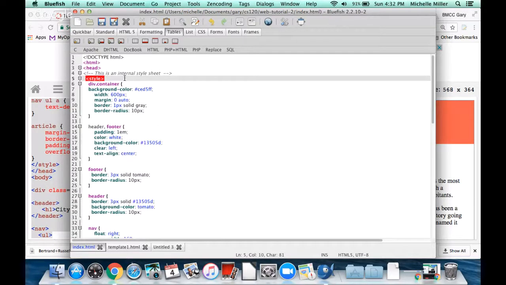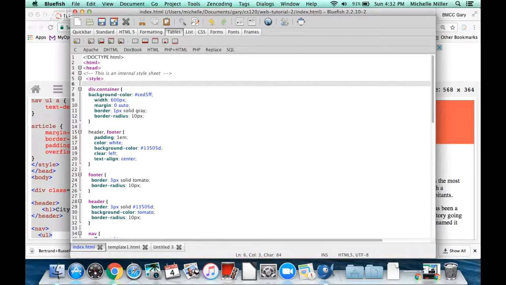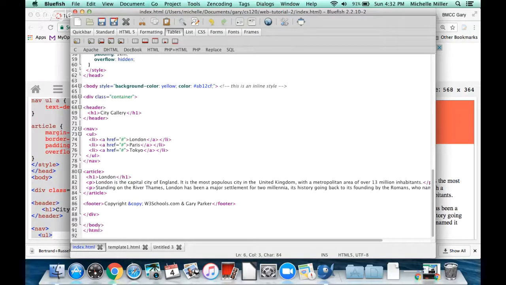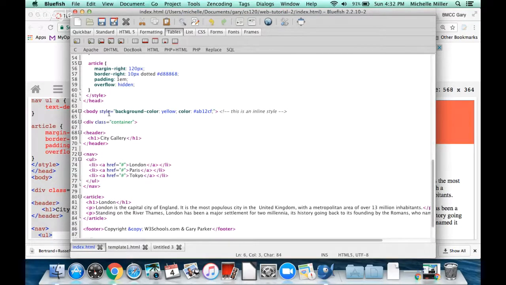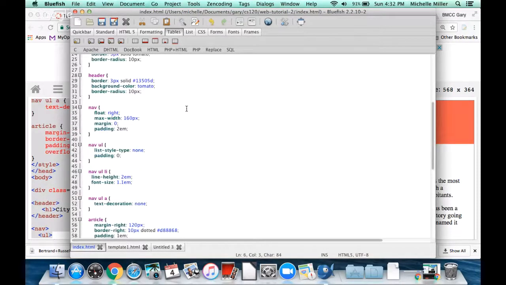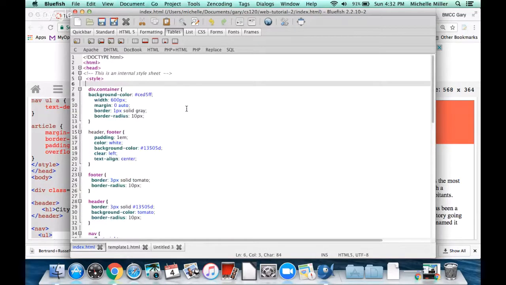And then I have to put a selector. So a selector is something on the page. So the page is in the body down here. I have all kinds of things in the body. I have P for paragraph. I have a navigation section called nav. I have a place called UL. That means unordered list. UL and LI means list element. So if I wanted to change something down here in the way it looks, I would add a selector for it up here. So I'd say style, select the body,